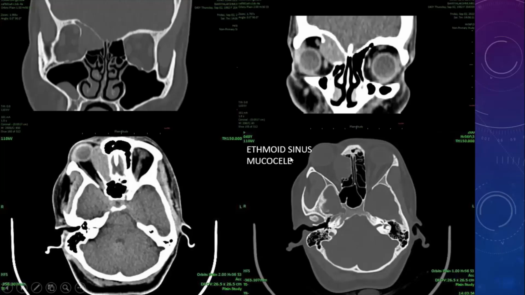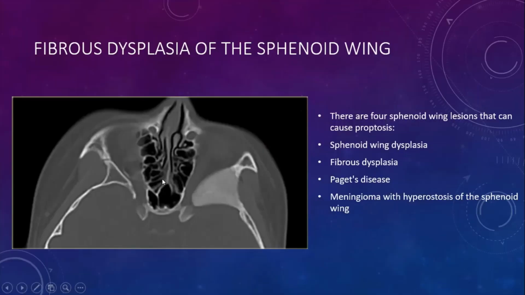The right lamina papyracea erosion is noted, that is going into the extraconal compartment, and it is disturbing the muscle belly, and it is narrowing the conal structures also. So this is a case of ethmoid sinus mucocele, and we should never confuse it with malignancy in these cases. Another cause for this extraconal lesion, which may cause orbital apex narrowing and other syndromes,